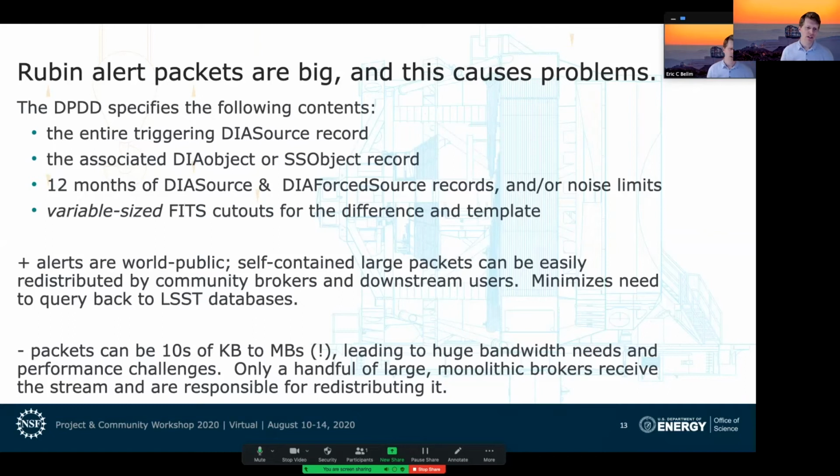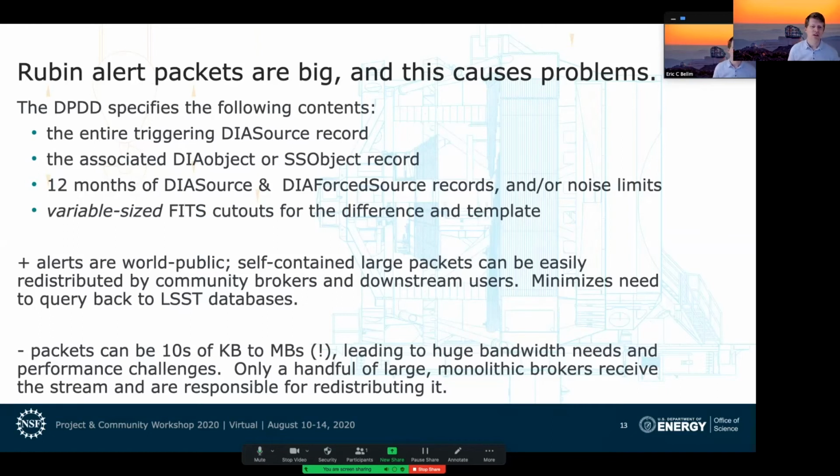And the idea here is, again, to allow them to be fully world public, easily redistributed, self-contained, and allow users to do very rich queries and analysis to determine very rapidly if this is an event